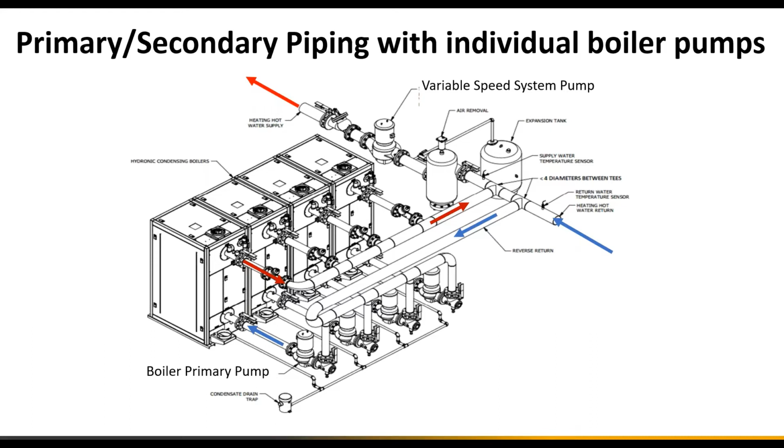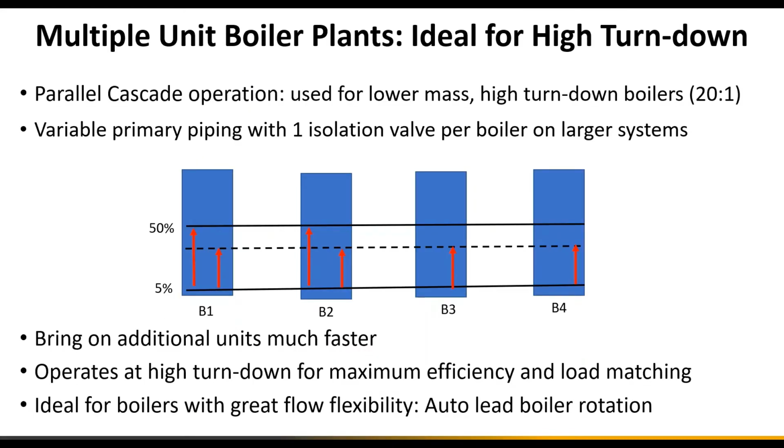But some of the more recent boilers that have been on the market, moving on to the next slide, especially when we have high turndown, now we can, instead of relying on boiler number 1 for a substantial portion of handling the heating load, bring on the second and a third one much faster. So instead of sequential, I would call this more of a parallel cascading operation, very suitable for low mass, high turndown boilers. And now instead of having an